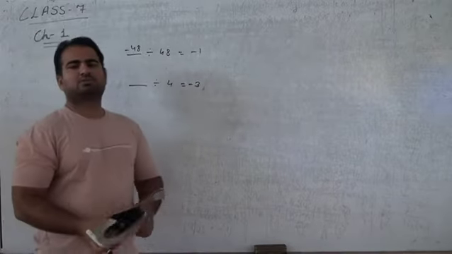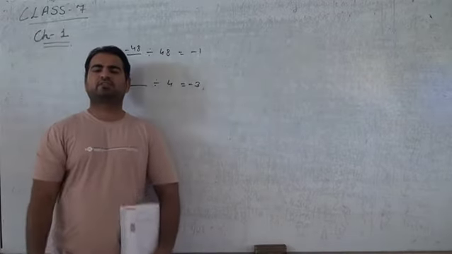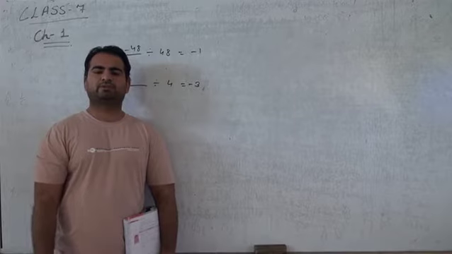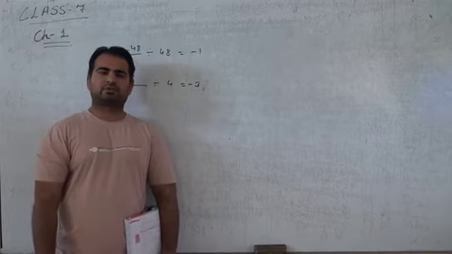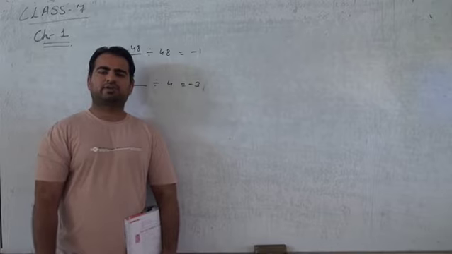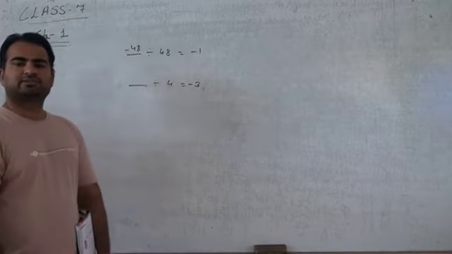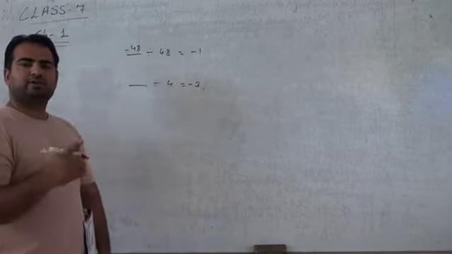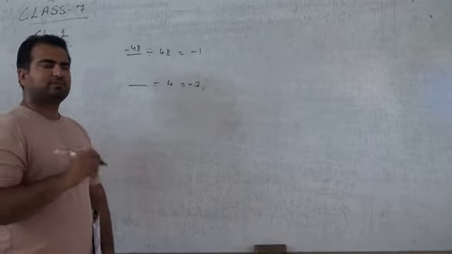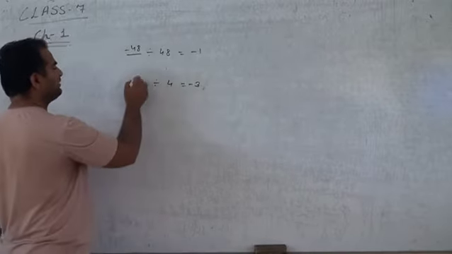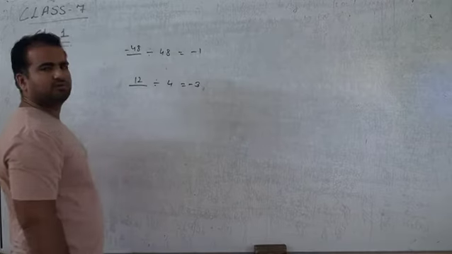Okay. So we know that which number should be divided by 4? The answer will be 3. Okay. So when we divide 4 by 4, answer will be 1. When we divide 8 by 4, answer will be 2. And when we divide 12 by 4, answer will be 3. So the number should be 12.